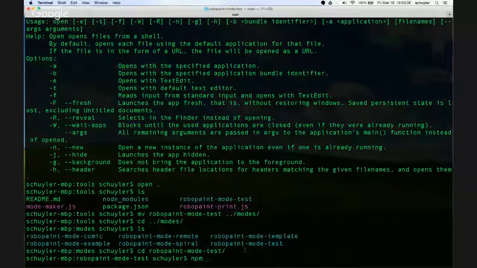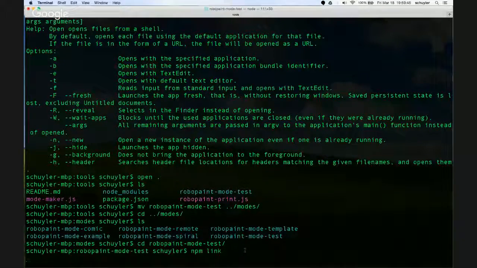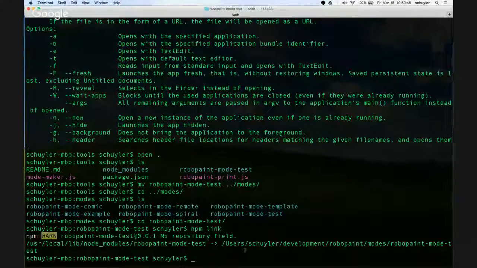So npm link. npm is node package manager. It takes care of managing a bunch of node software. You just run it like this, and if you have a valid package.json, which this does, it makes a link into your node modules folder for npm, pointing to this mode here.